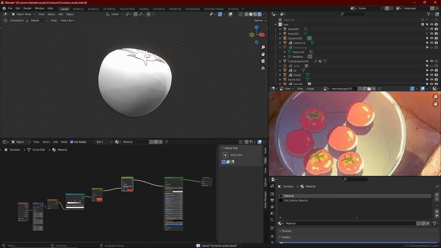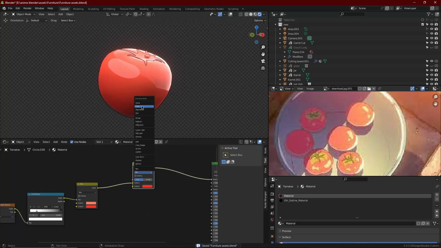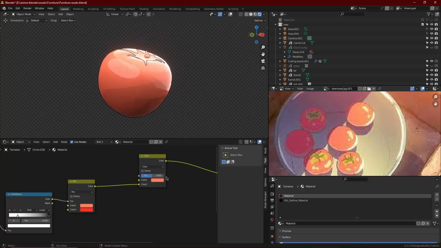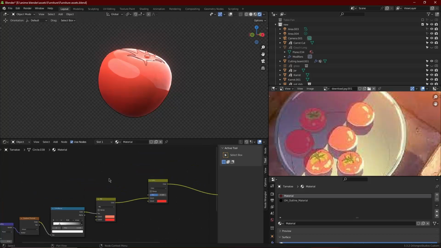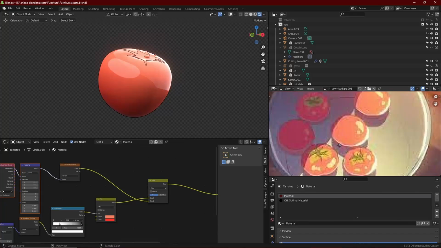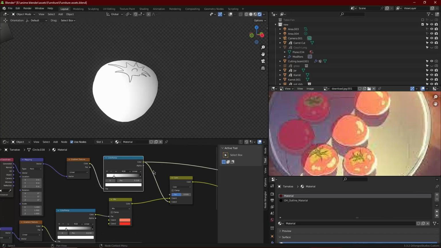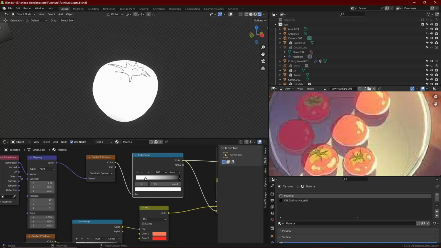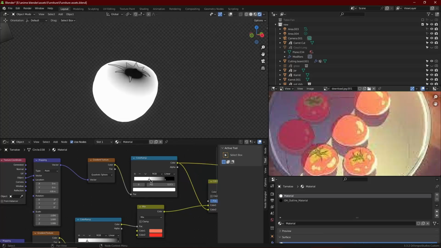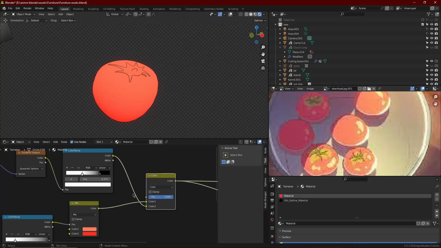And now what we are going to do is add the green at the top of the tomato. So plug that node setup into the top portion of the mix RGB and plug in another gradient setup at the bottom. Instead of the gradient being on linear, we make that quadratic sphere. Make the texture coordinate to object. This is so that you can properly control that quadratic sphere. And then you just play around with the Z axis,